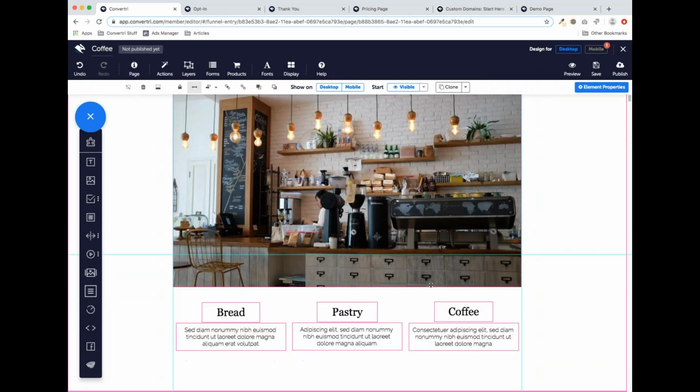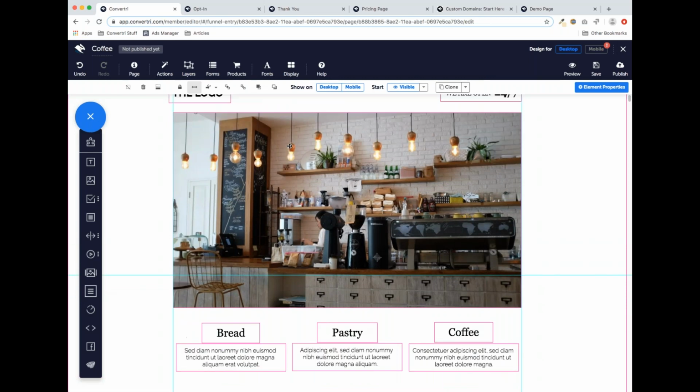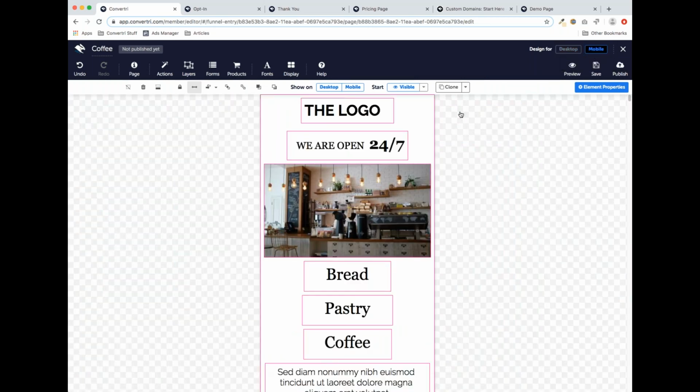So those are a few neat little things for movement, but the thing that's really important for using Convertri easily is understanding how to construct a page so that the desktop page just auto-mobilizes really nicely. Because if we have a look at the mobile version of this page,